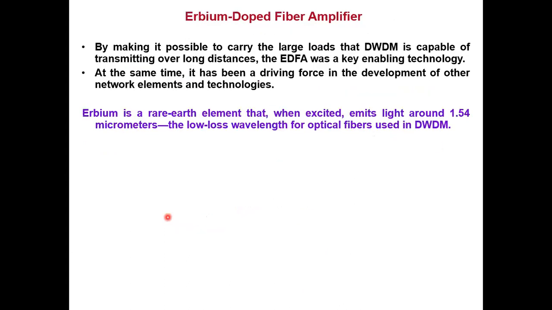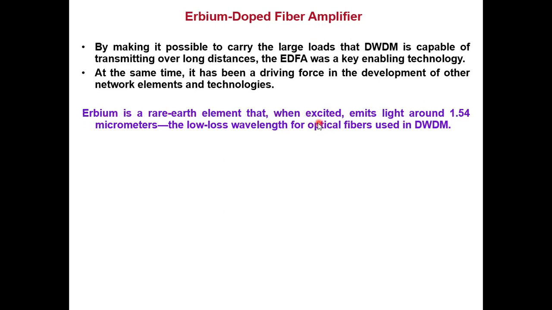Now comes your erbium doped fiber amplifier. So if you know anything about erbium, from your chemistry, erbium is a rare earth metal. Okay, I had discussed erbium when we were talking about glass fibers. Like the same glass fibers, we can change the optical characteristics to make it work as a switch, as an amplifier, as an attenuator. I had mentioned this point if you remember. So erbium is a rare earth metal.